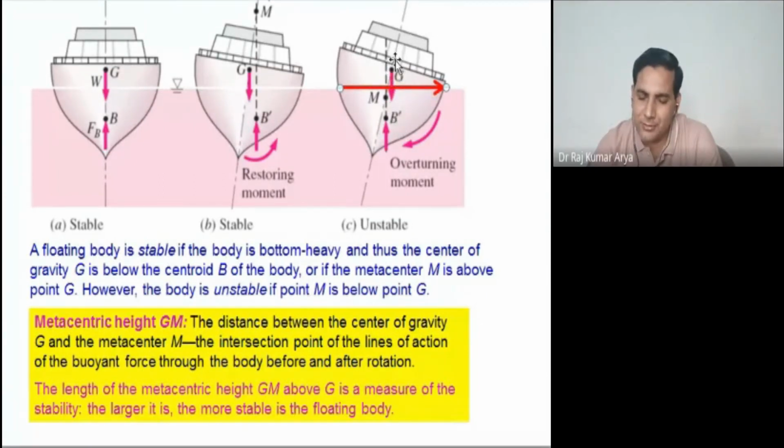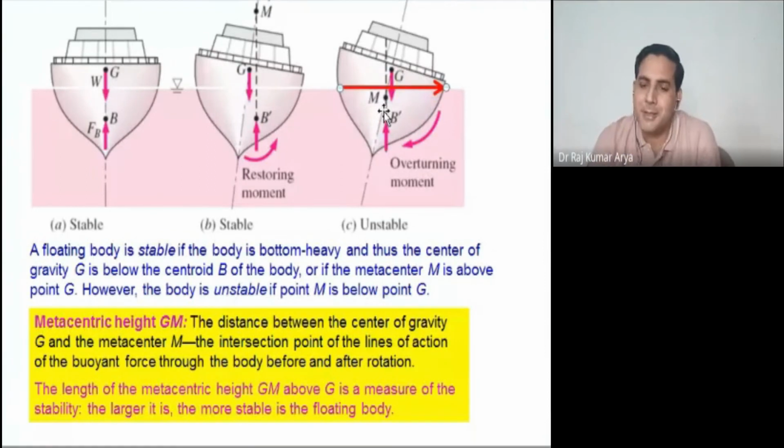So you draw the center of gravity here and the center of buoyancy, and wherever they intersect. So they intersect at this particular point here, because this is the new center of buoyancy. This is the G here, and this is the old line of the center of gravity. So this will always go perpendicular to this body here. So this particular distance GM is called the metacentric height. Suppose this GM is negative, then what will happen?